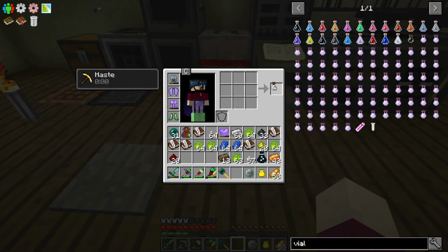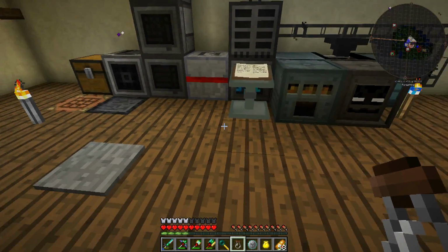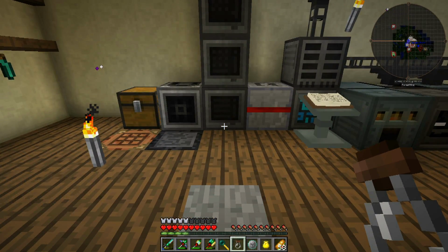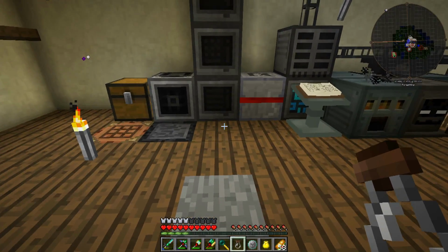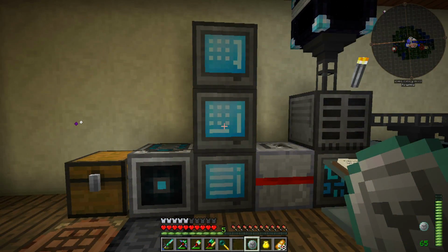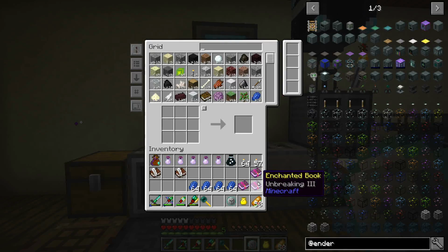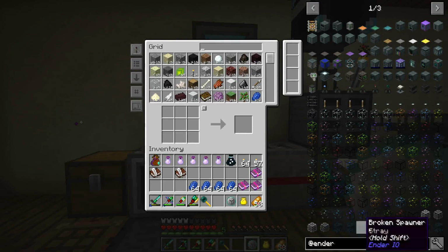And now all that we need to do really is go over to the end and get ourselves an Enderman soul. So I'm going to go do that real quick, and I'll be back in a little bit, and we'll make up some soulbound enchanting books as well. Well, I have the Enderman souls now, and so I also made up some more Unbreaking 3 books, but we're going to go ahead and make up this